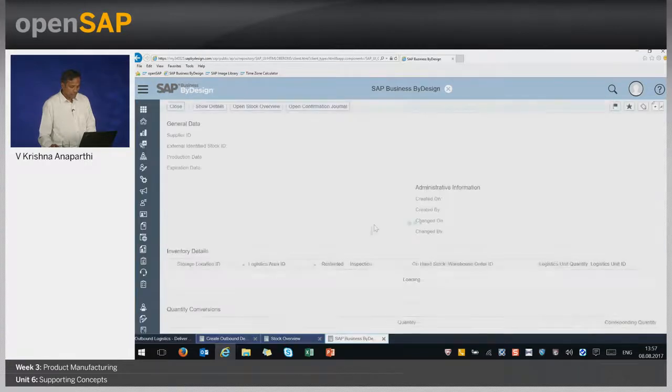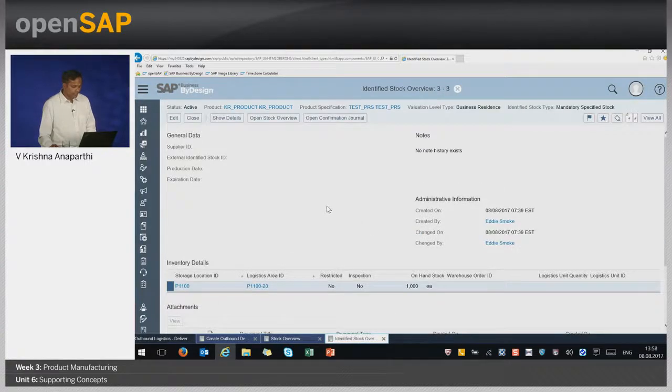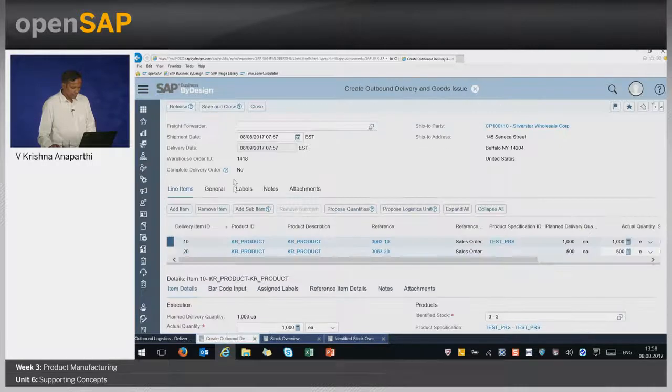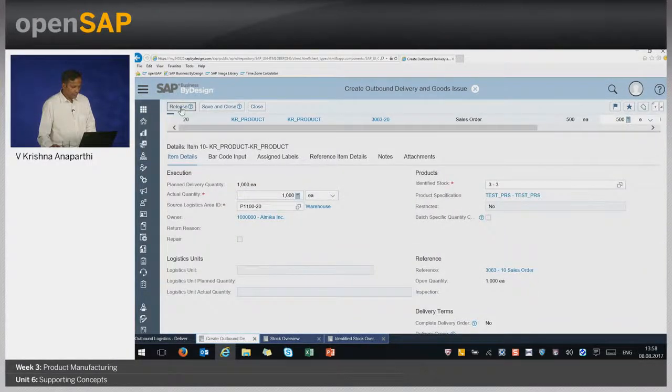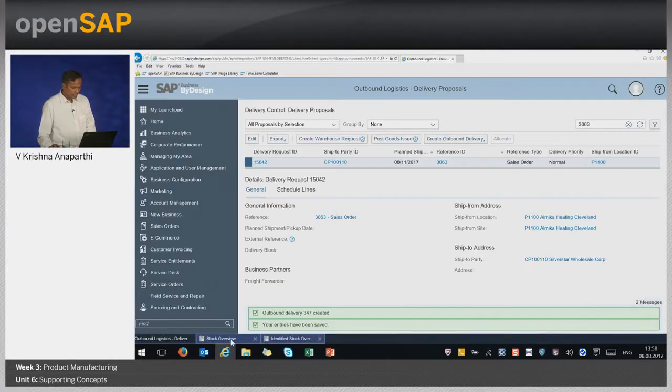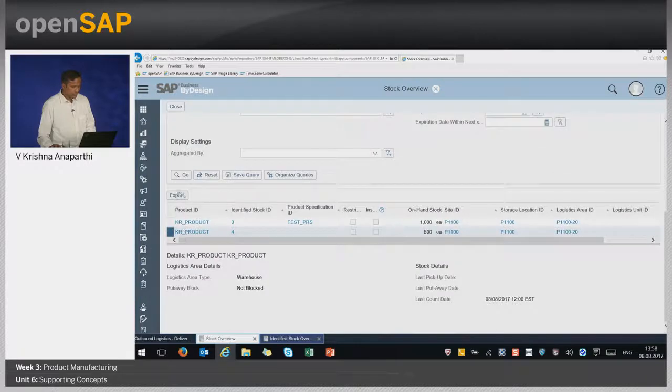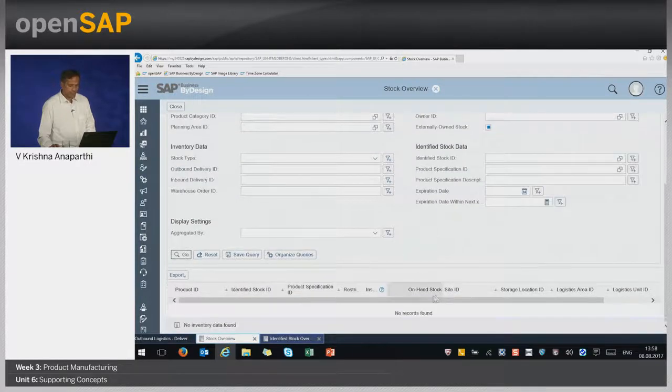We can also see the association in the batch master. In the batch master, we can see very clearly the identified stock is associated with the PRS. So, we will execute this, and once I issue the goods, the system will reduce the inventory accordingly, and I should also see that the stock got executed from the system completely with no stock lying around.